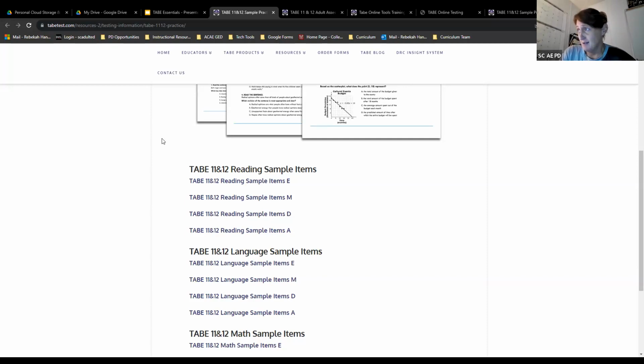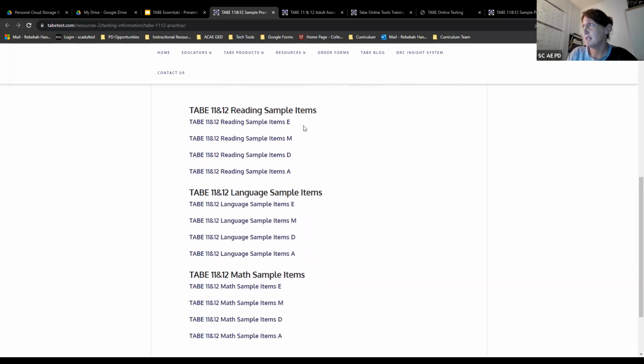We know they're here for their GED, and the GED is written on Common Core standards, assessing the high school knowledge that they're supposed to have gained, and they're just not there. So as a GED teacher, we've got our work cut out for us, and that's what the TABE assessment shows us. Okay, I said I wasn't going to talk long on these, but here are some sample